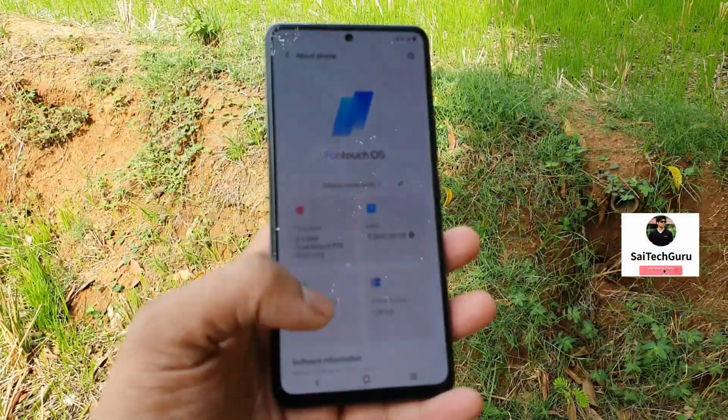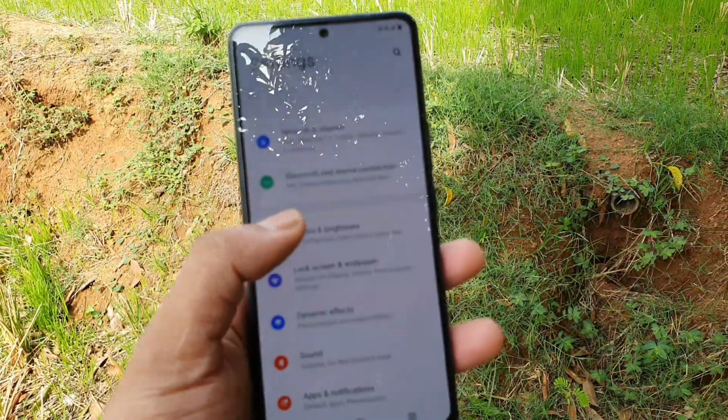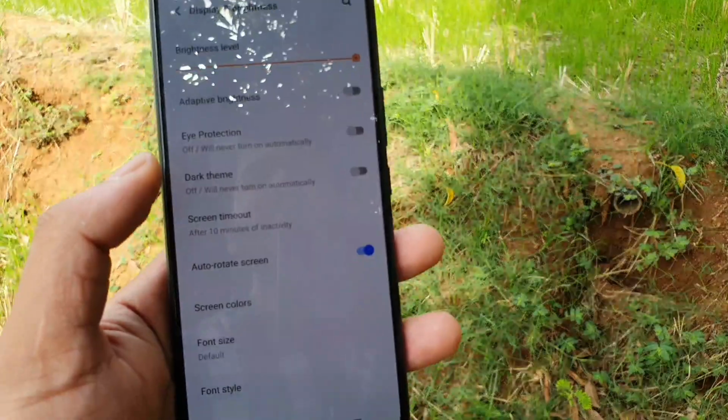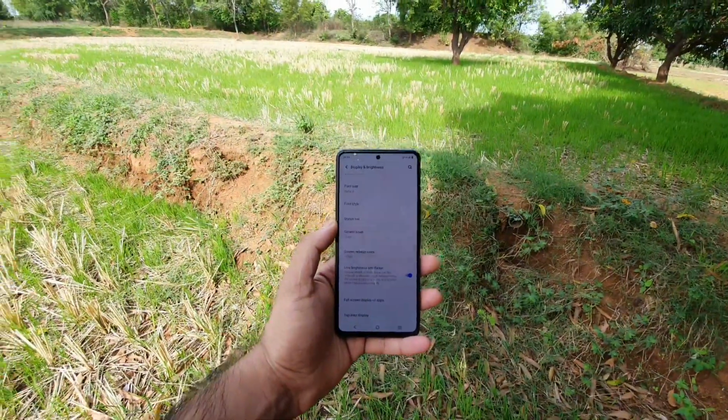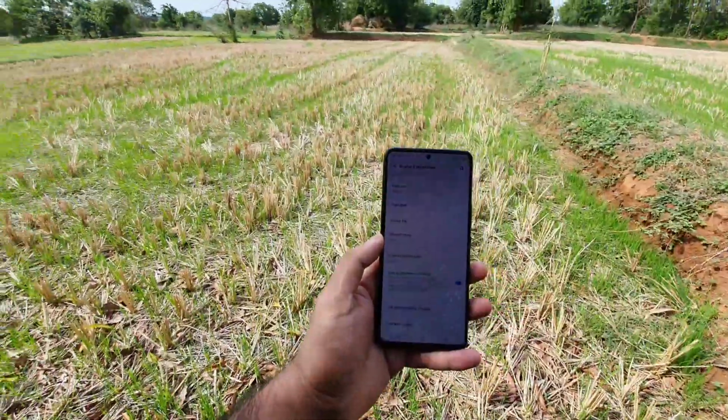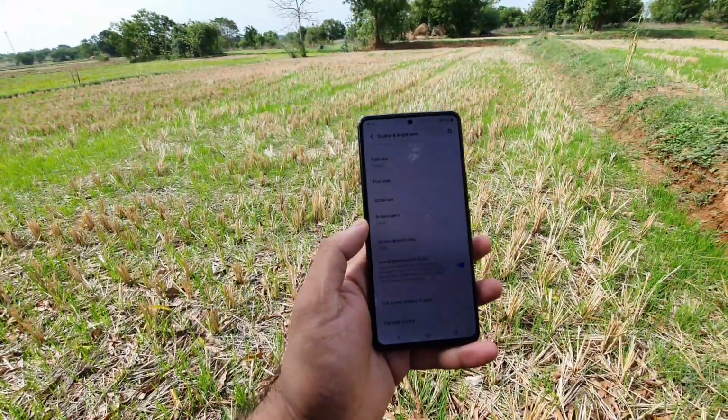As you can see friends, right now you can see the flickering issue which is going on. It's the same iQOO 7 device I'm using. I'm using it with full brightness right now, and I did enable the low brightness anti-flickering option as well. Even after enabling that option, I'm still getting the flickering. You can clearly see it right now.